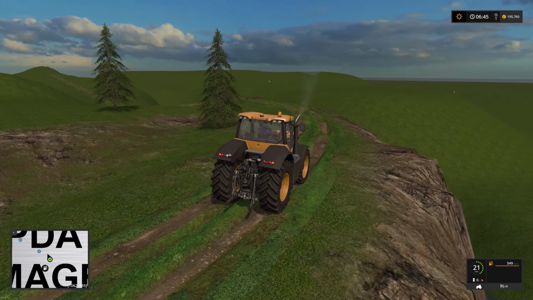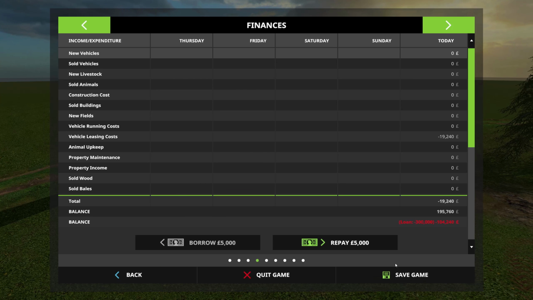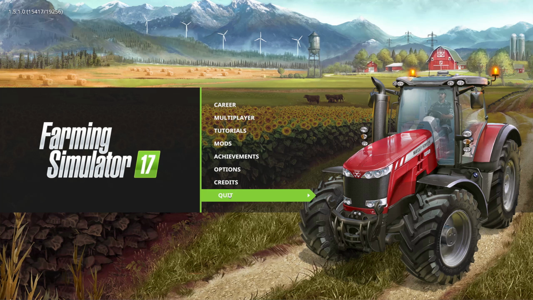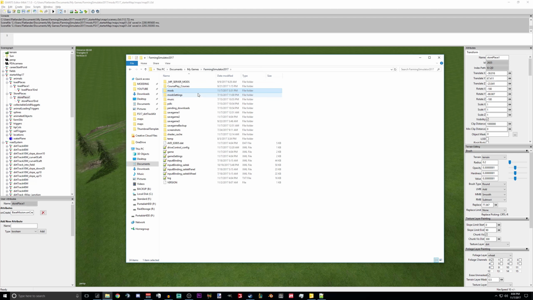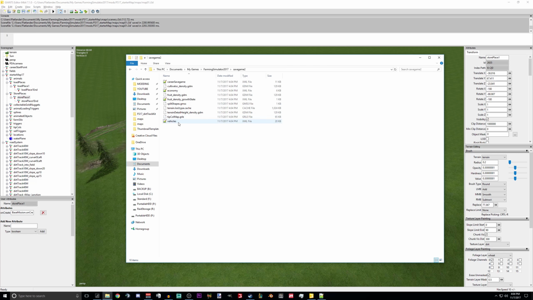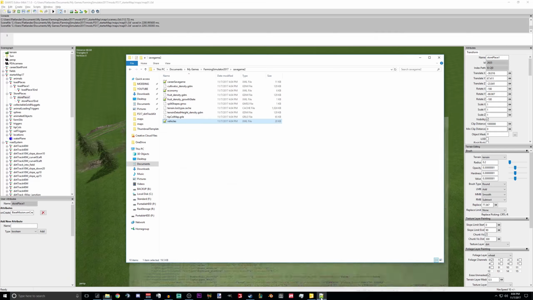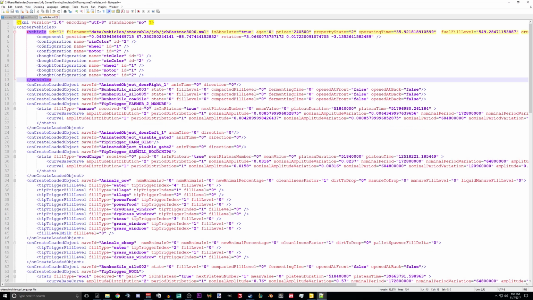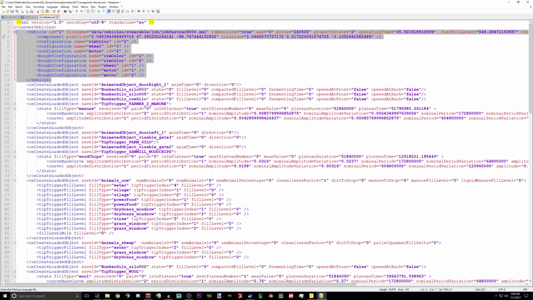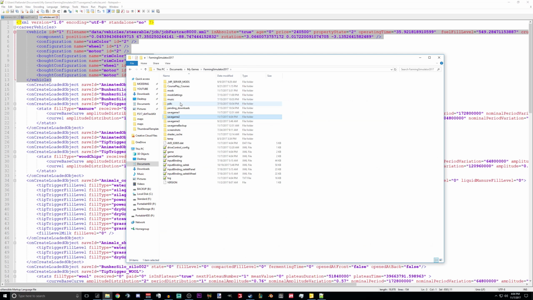First things first, we are going to park our tractor there and save the map, because this is how you can set up your default vehicles. It is the easiest way that I know of to set up your default vehicles. Let's go back into Farming Simulator. It was Save Game 2. We'll go into our vehicles file, and we are looking for the JCB. Make sure that you grab the beginning and the end tag. So vehicle, let's grab the entire thing, copy,